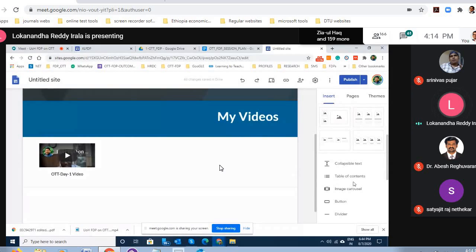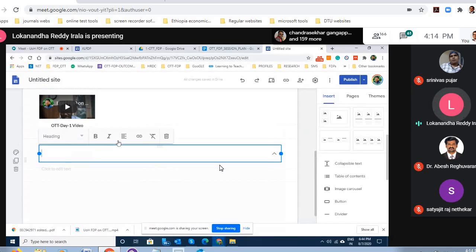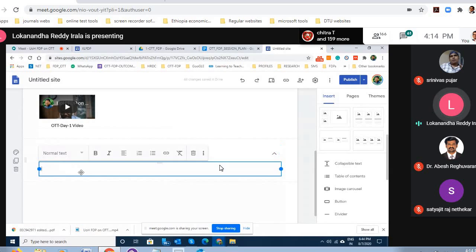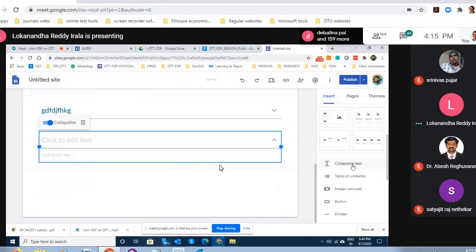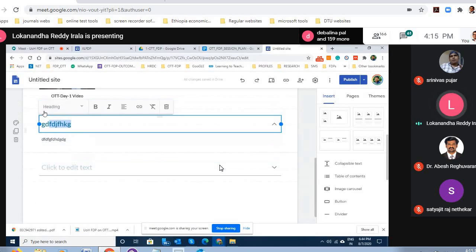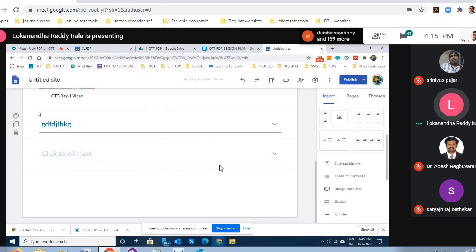These are all different options where you can actually experiment. A collapsible text works something like this, where you can have a heading for the text followed by some text. Then you can insert one more. Let us say, let me call it heading 1.